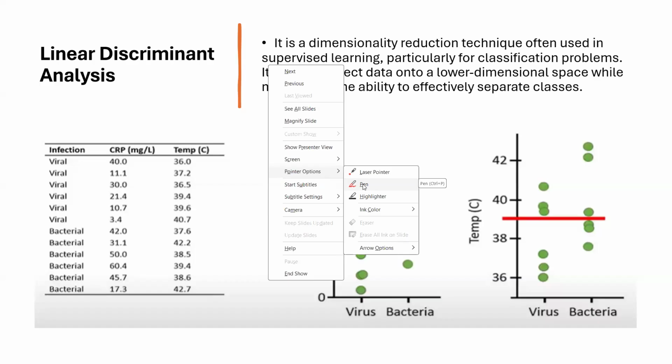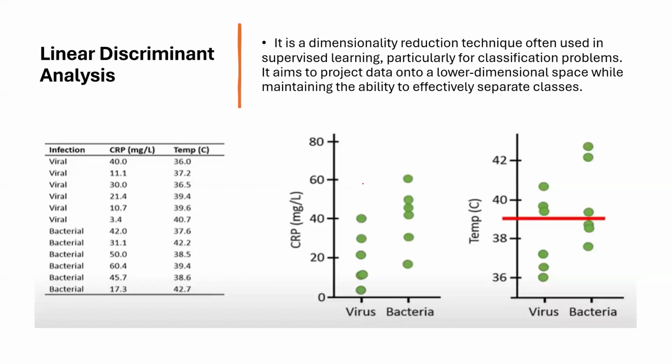Now let's suppose these are the tests that have been conducted on different patients, and it took around 7 or 8 days to get these test results. Based on these results, we got to know the infection of the patient. Only the antibiotics will work on bacterial patients. They cannot be given to patients with viral infection. So if a new patient comes,